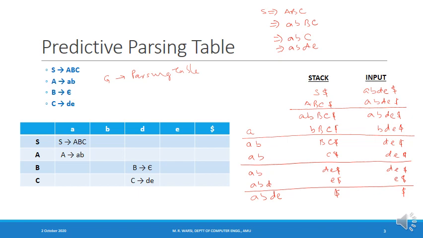There is nothing remaining. All the symbols of the input string have been processed. Now at this stage, the stack has become empty, the input buffer has become empty, and the parsing is successful. So this is how we use a parsing table for doing the parsing. You must have understood how the parsing table is helping the parser in taking the decision as to which production of a variable to use for expanding the variable in any sentential form in any step of the derivation.